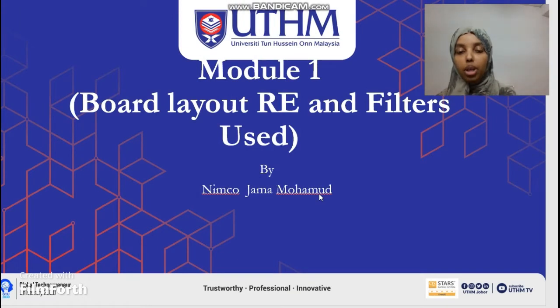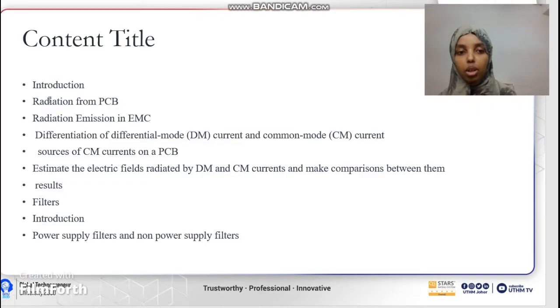Assalamu alaikum warahmatullahi wabarakatuh. My name is Nimko, and I will present the first part of the seminar. I will take module 1, which is about board layout, radiated emission and filters. This is the content: introduction, radiation from PCB, radiated emission in EMC, differentiation of differential mode current and common mode current, sources, also filters, and so on. If I start,